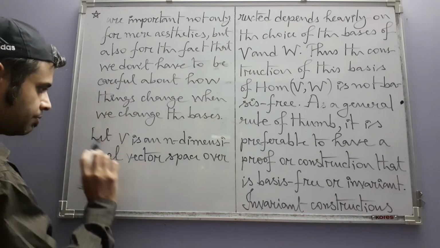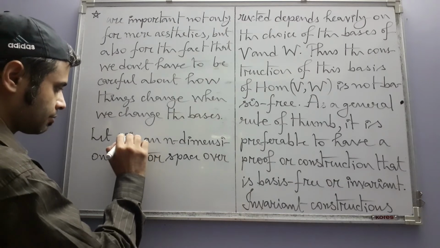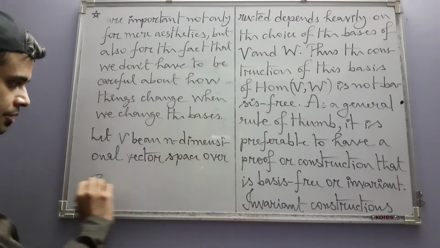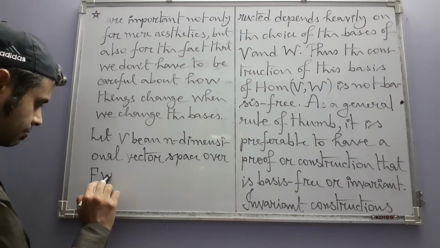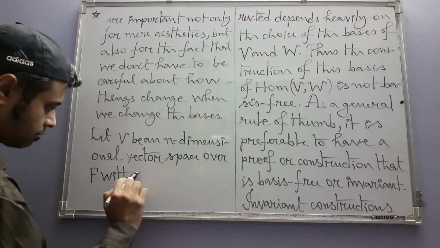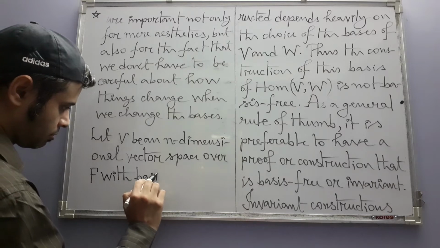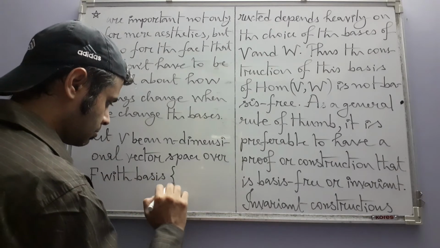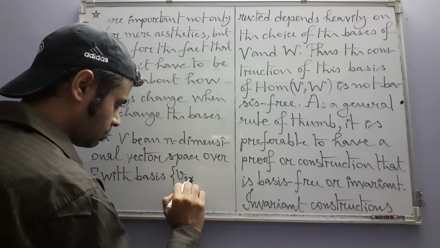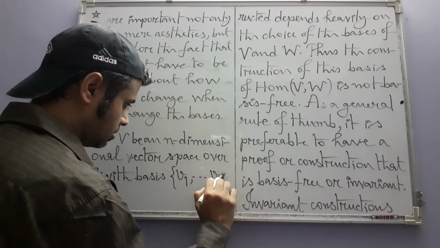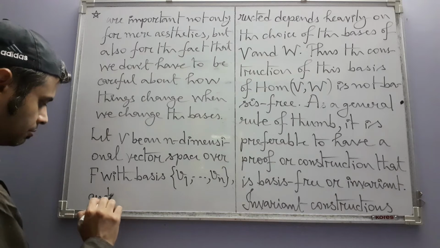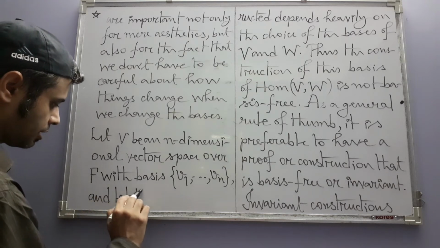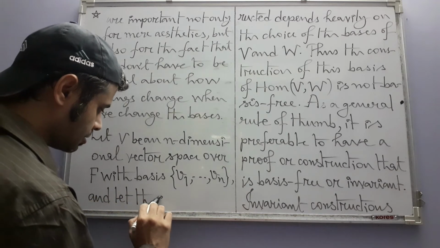Let V be an n-dimensional vector space over F with basis this, and let the corresponding dual basis